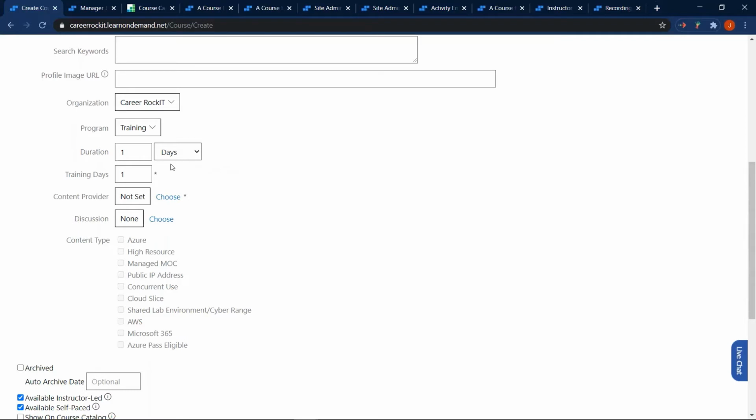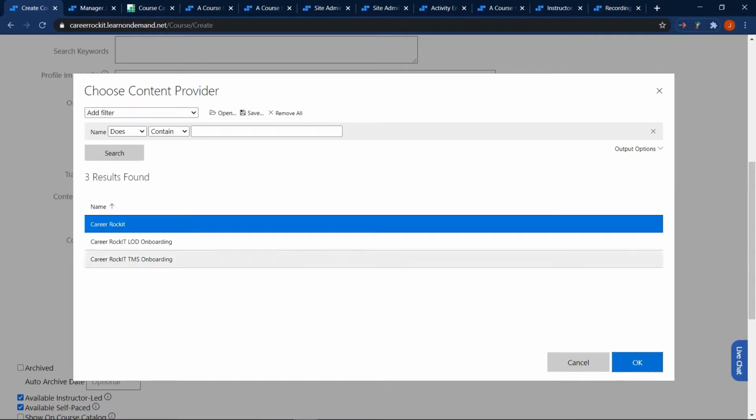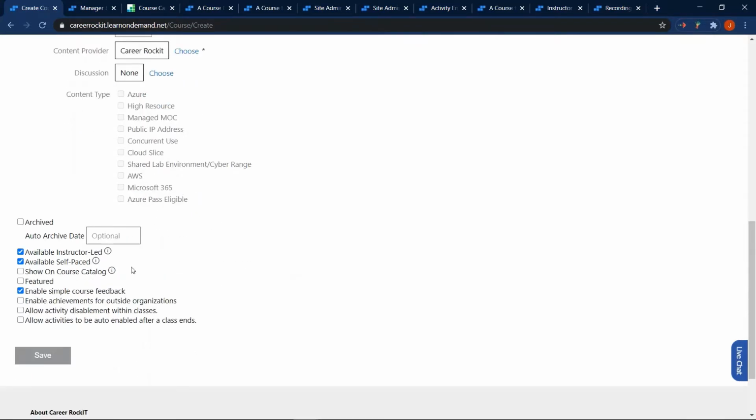The content provider is a category, and right now it's a required category. Most organizations only have one content provider, and this is used right now in our billing, so it is a required field. We're going to skip down past all of these, and let's talk a little bit about available